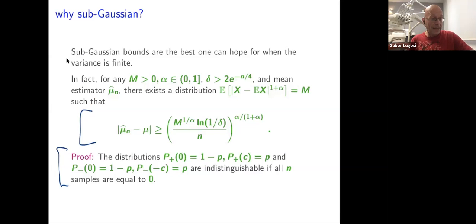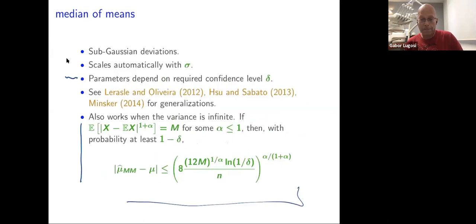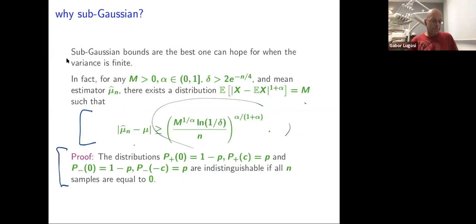Okay, in the sense that for any mean estimator there exists a distribution whose 1 plus alpha moment equals m, and whose error is exactly what we had in the previous slide, well, up to this constant 8 here. Okay, so this also kind of shows why